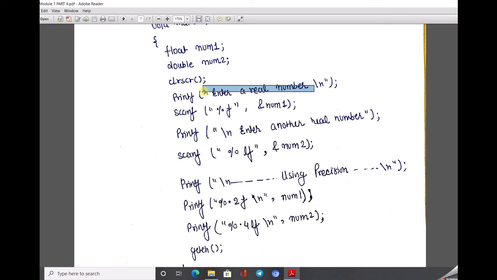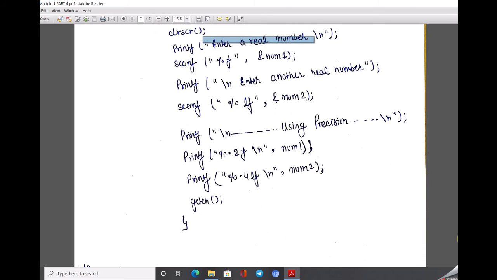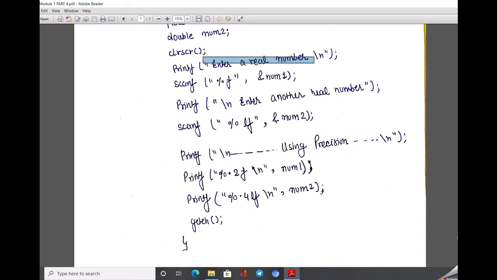So this is the use of the printf and scanf functions. Similarly, I again mentioned the new line, so after entering the real number, a new line, then again a new number, new line, then enter another real number. As we can see, here the type of number is double.